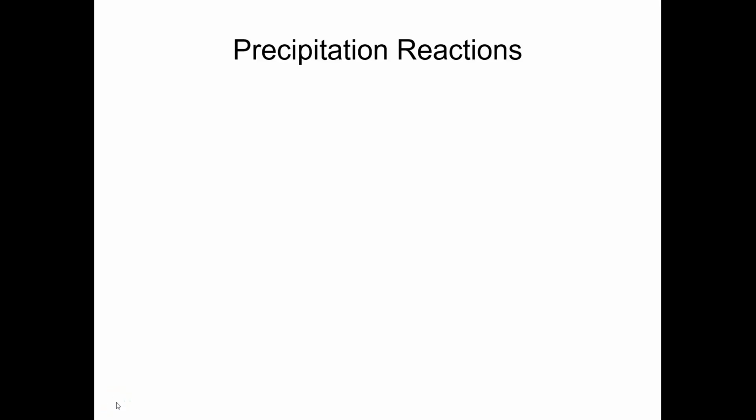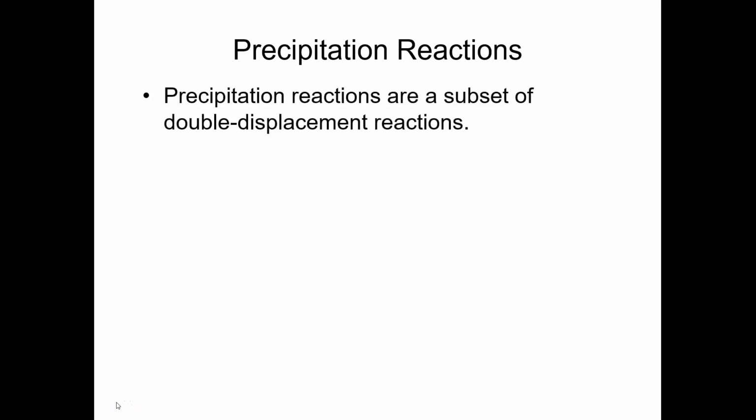This video is about precipitation reactions, which is our next topic in Chapter 4. Back in Chapter 3, we talked about various ways of classifying chemical reactions, and one of them was double displacement reactions. Precipitation reactions are a subset of double displacement reactions. And if you'll recall, a double displacement is a partner swapping